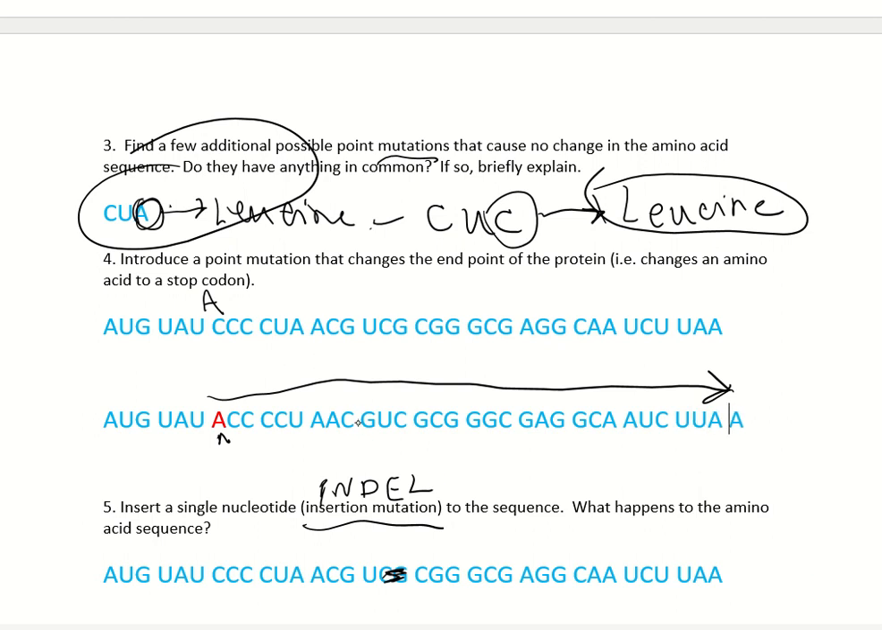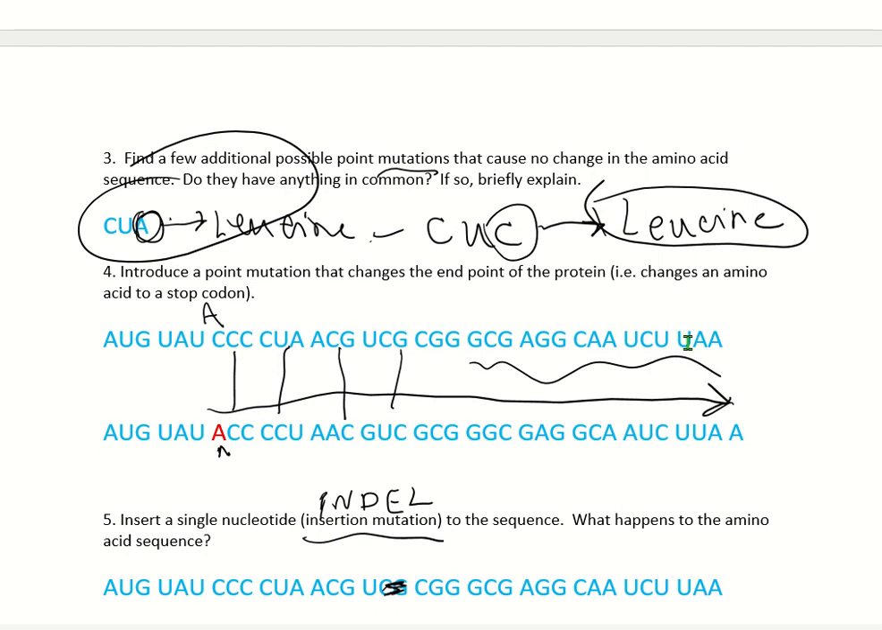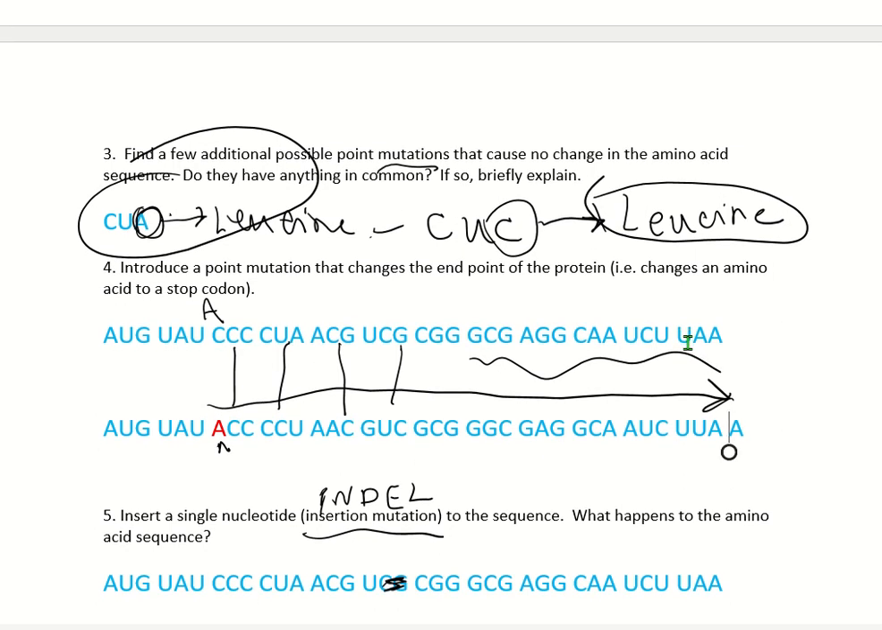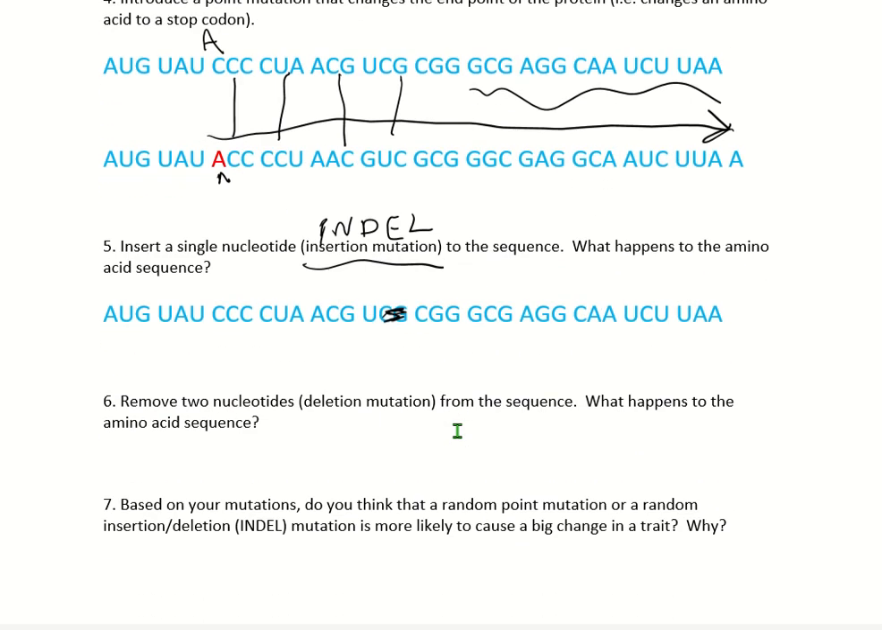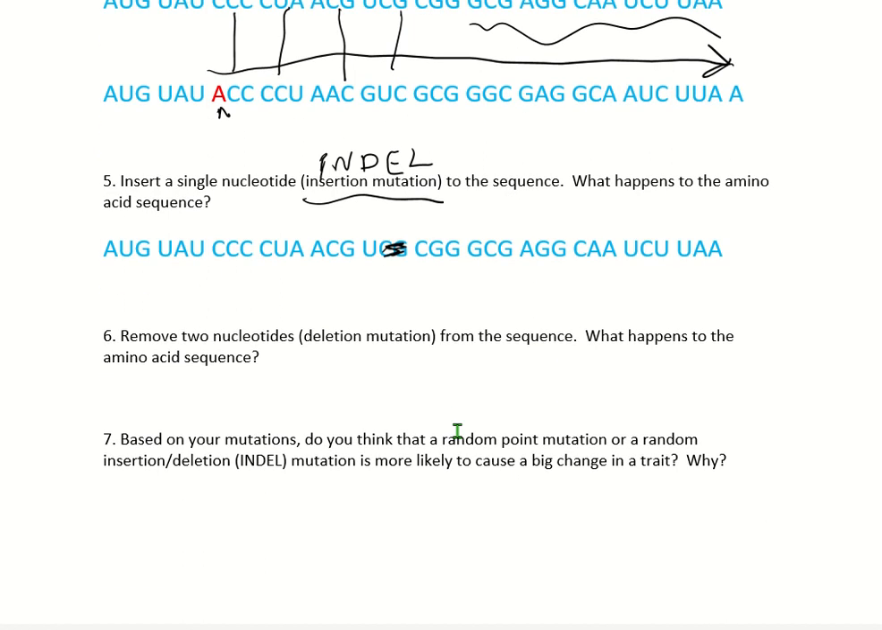So let's look at this. This sequence is completely changed. We go from CCC to ACC, CUA to CCU, ACG to AAC, UCG to GUC, etc. So this has a huge impact on the protein that's going to be produced. It may insert, for example, a stop codon, so that may stop the production early, or it just might produce crazy different amino acids, and that could possibly stop the function of the